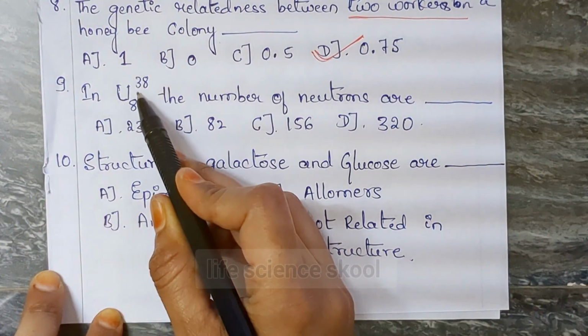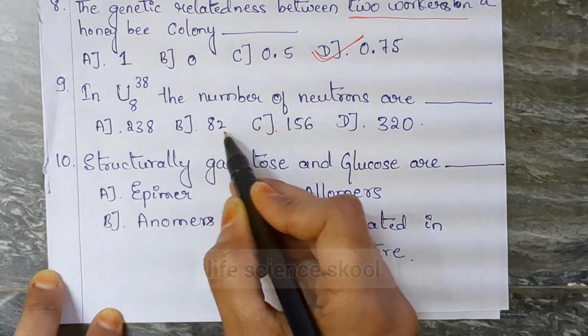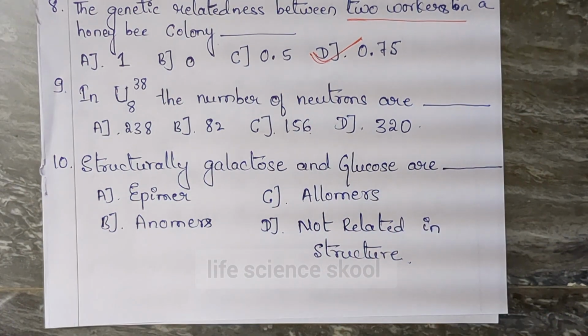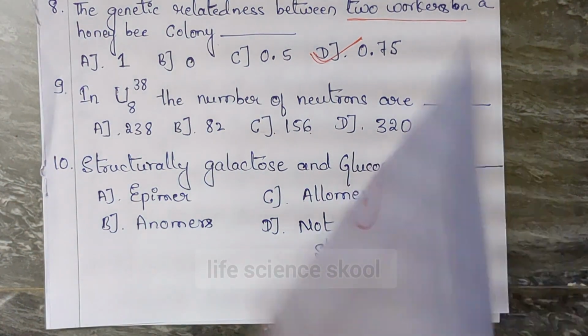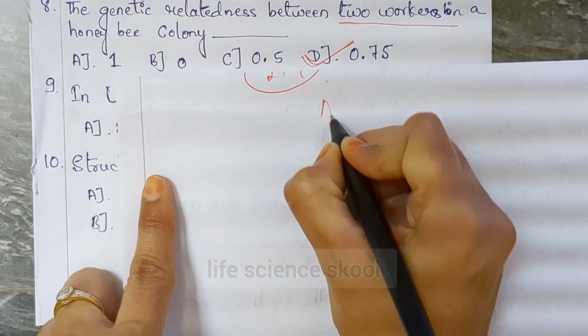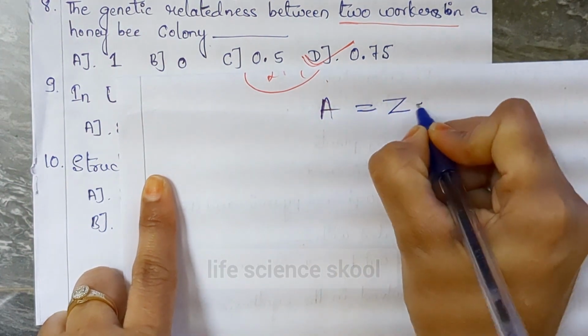In uranium, the number of neutrons are: option A 238, option B 82, option C 156, option D 320. To solve this we have to find out the number of neutrons. To find the number of neutrons we have a formula here, that is A is equal to Z plus